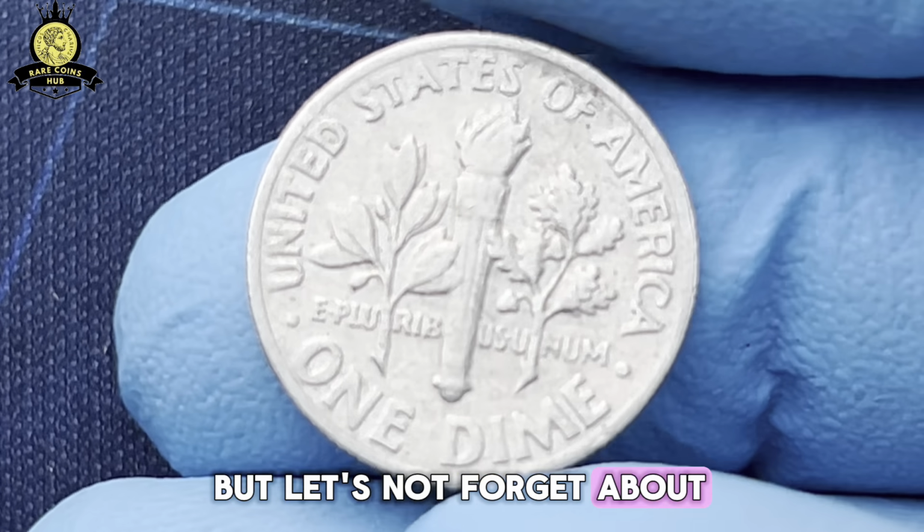But let's not forget about the more general appeal of the 1972 dime. Even without errors, the coin is a popular choice among collectors simply because of its historical significance and the nostalgia associated with it. The Roosevelt dime has been a fixture of American currency for decades, and for many, the 1972 version represents a tangible connection to the past. Whether it's the design, the year, or the connection to a former president, the 1972 dime carries a certain charm